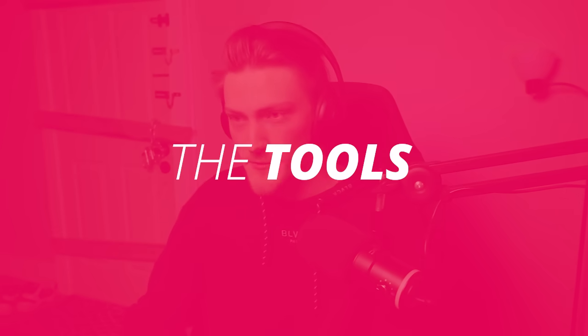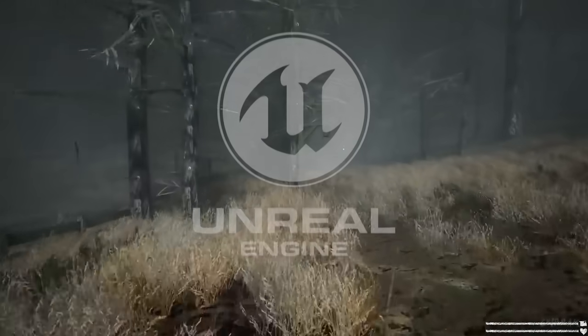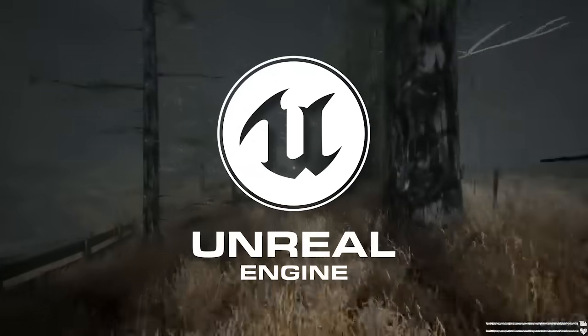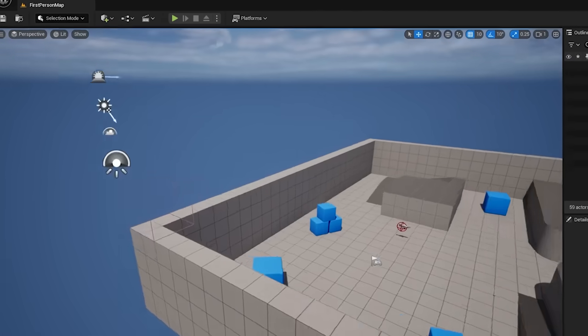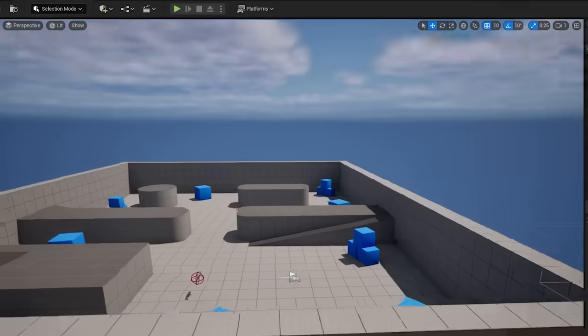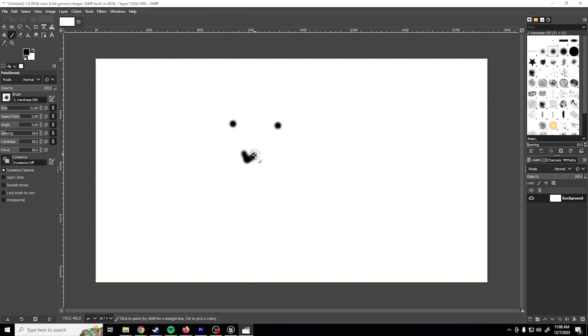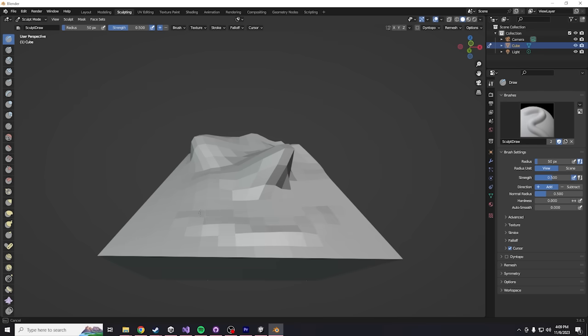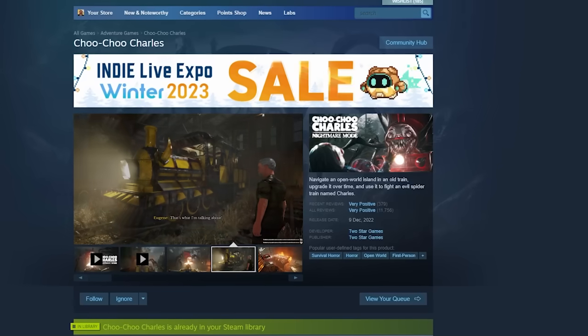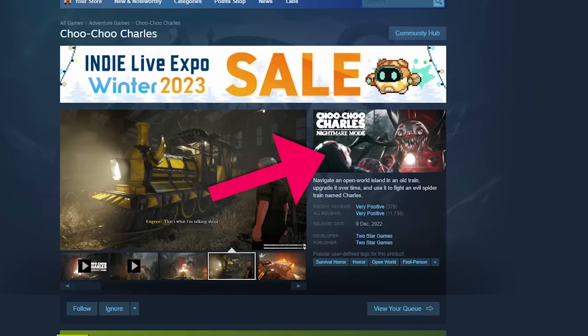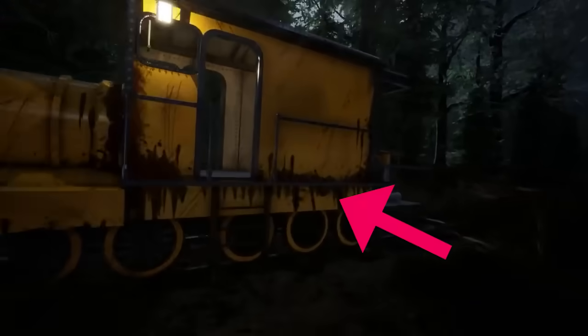Yeah, so I guess I'll just quickly go over the tools that I use just for reference for everybody. So I use Unreal Engine 4 for Choo Choo Charles. I'm now on Unreal Engine 5, which is basically the same thing for anybody wondering. I use GIMP for all of my 2D art, and then I use Blender for any custom 3D stuff that I have. What's your 2D art, by the way, just for clarity? Yeah. So 2D art, that's going to be anything like marketing materials, poster art, stuff like that, or texture art.